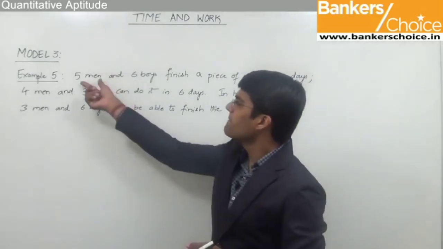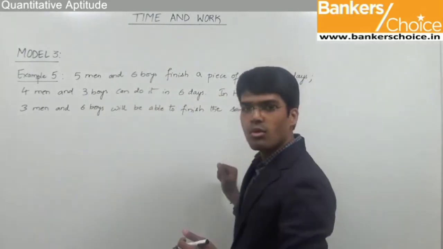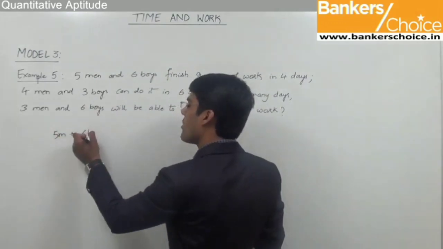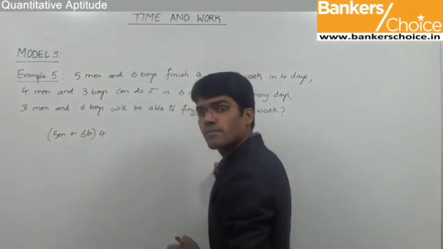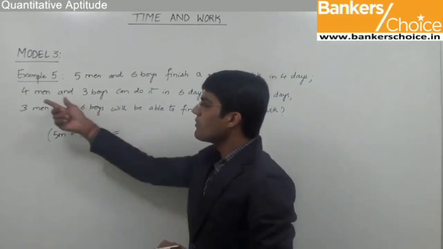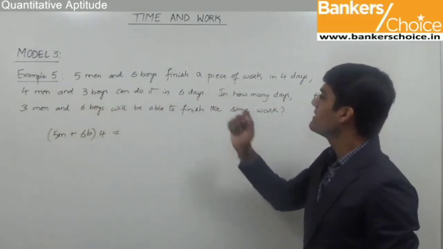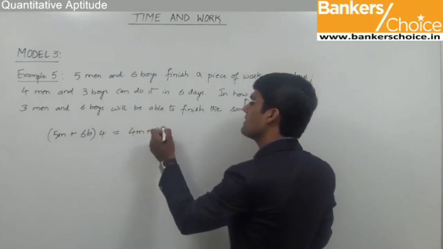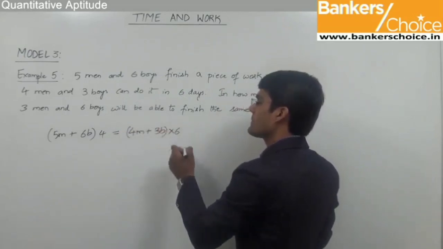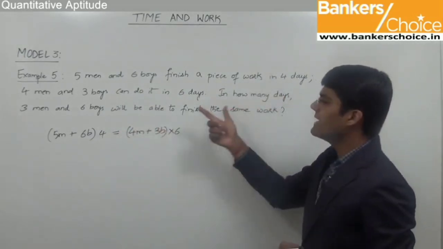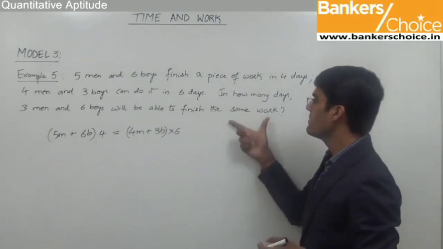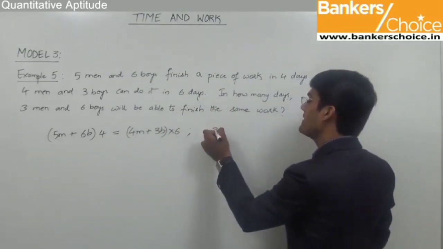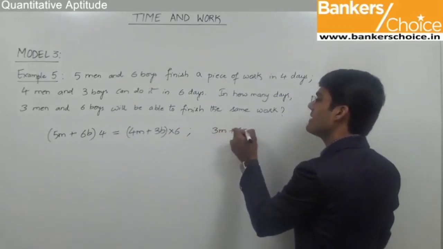So here 5 men and 6 boys can finish in 4 days. So we can say that the total work done is 5 men plus 6 boys into 4 days. This should be equal to 4 men and 3 boys can do it in 6 days. So we can say that 4 men plus 3 boys into 6. And the question is, in how many days 3 men and 6 boys will be able to finish the same work? So we need to find out the number of days required when 3 men and 6 boys will do